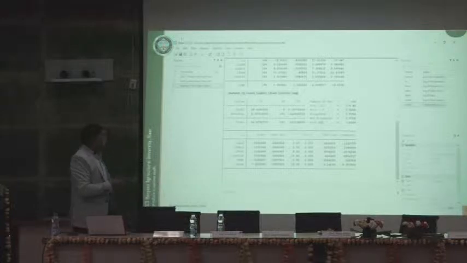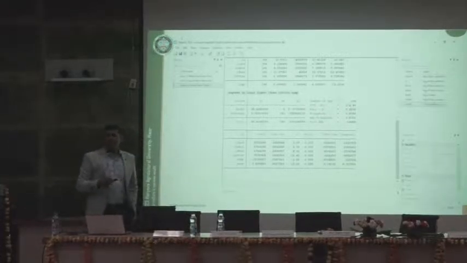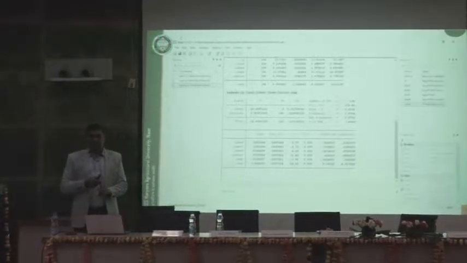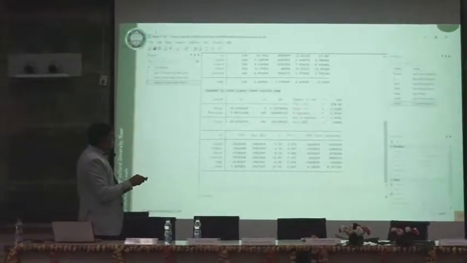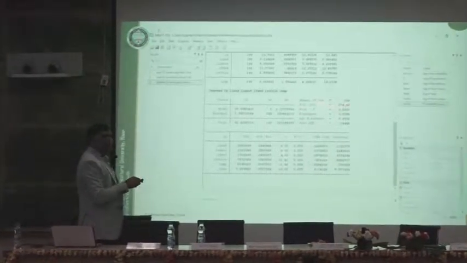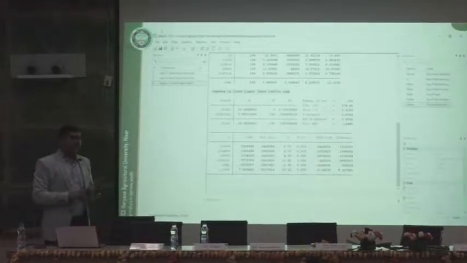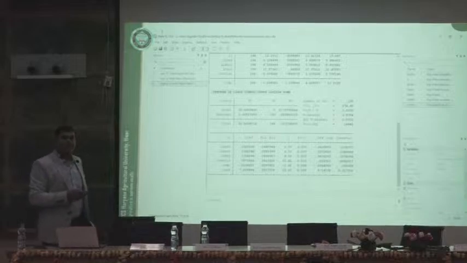And this is the f value. The f value tells about the significance of the model. This is the calculated f value by the model, and we can check this value. We can compare this value with the